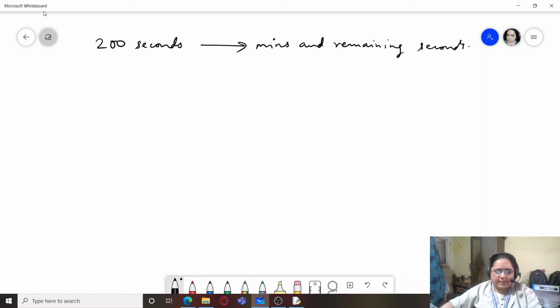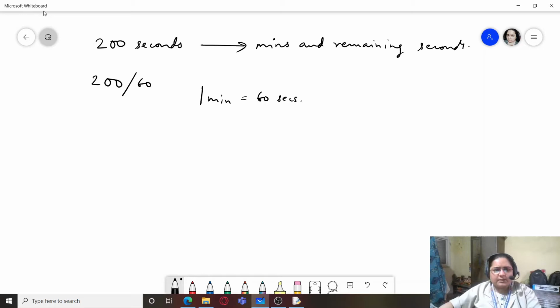We have 200 seconds in hand. These 200 seconds can be converted into minutes by first dividing by 60, because we know that 1 minute equals 60 seconds.